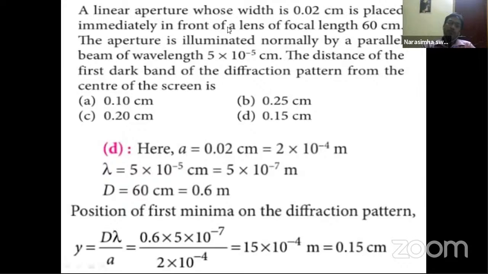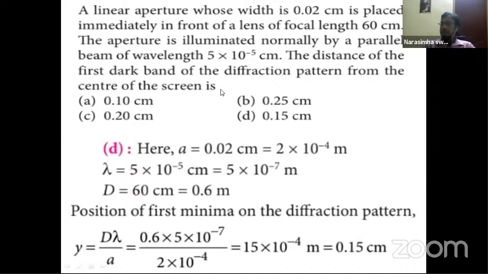So for the lens here we are using a focal length of 60 centimeters. And the aperture is illuminated normally by a parallel beam of wavelength. So what kind of light are we using here? 5 into 10 power minus 5 centimeters wavelength lambda. And the distance of the first dark band of the diffraction pattern from the center of the screen is, see